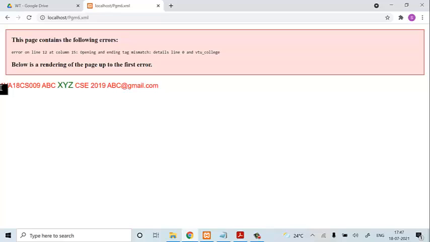See, here you can check it out where you have one, it is in red color. Here you have a red color. You have a green color and CSC 2019 ABC at the rate of gmail.com.